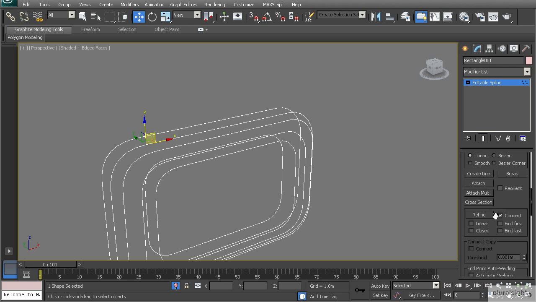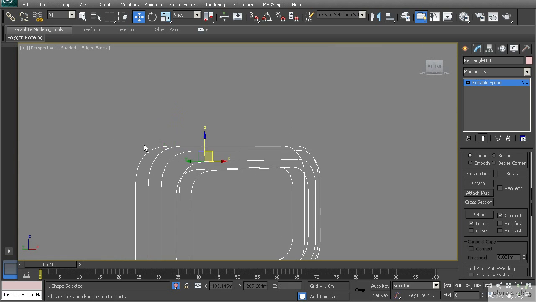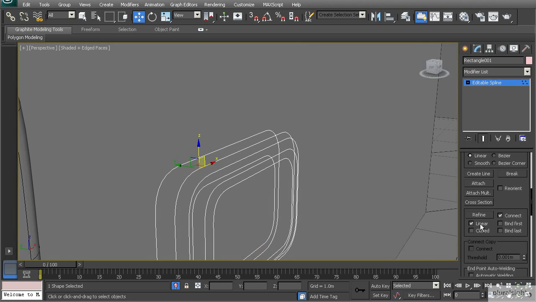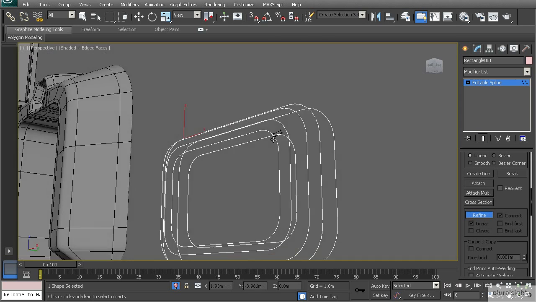So I'm going to check connect, and then I'm going to choose linear, and that's just going to make it a little bit easier to draw. Instead of creating smooth lines, I want to create linear corner type lines. Okay, so let's hit refine, and while in vertex mode we should be able to see